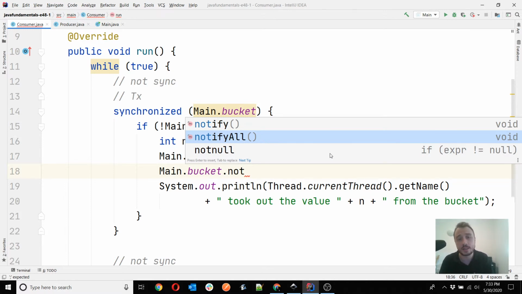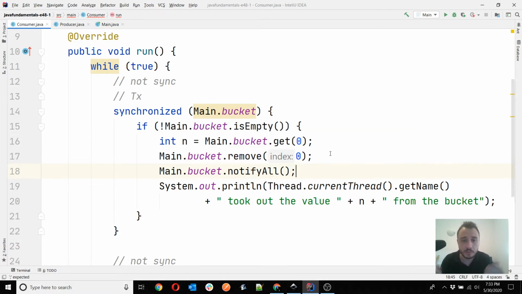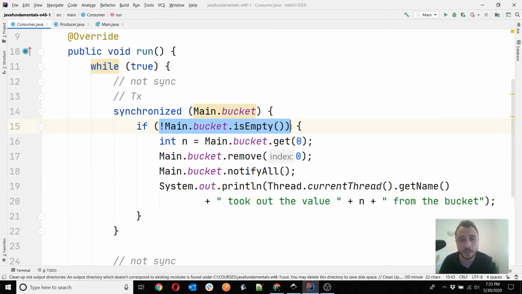In some architectures, it makes sense that you call notify, but in our architecture, you don't know which one is the next thread. The only logical option here is to simply call notify all. And if one of the threads that will be called here enters a state where the condition is false, it will go to a wait state again. So that's it. In our case, the most logical thing to do is just notify all the threads. I will try again to represent them visually, so maybe it's more clear.